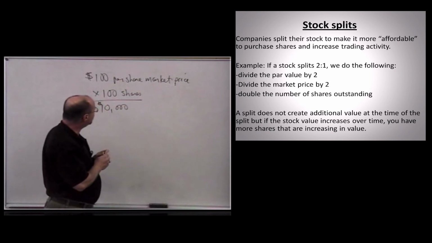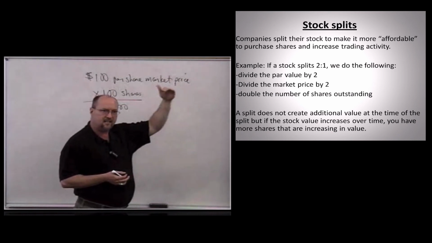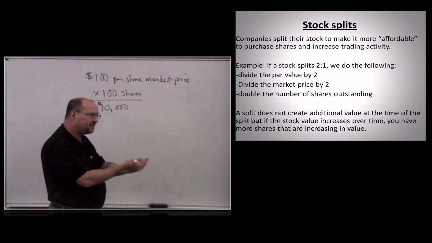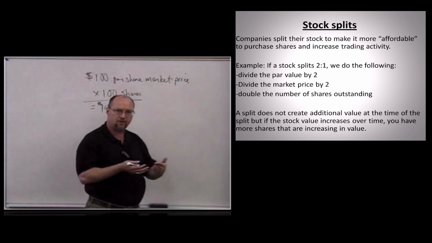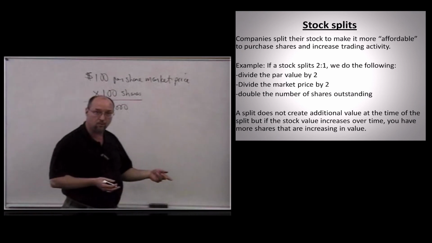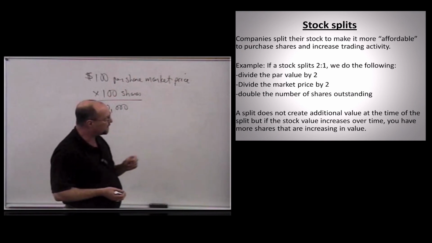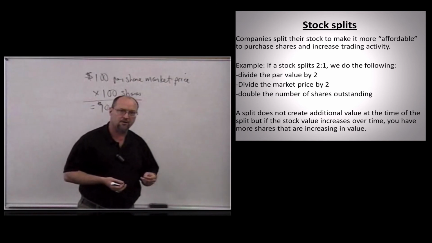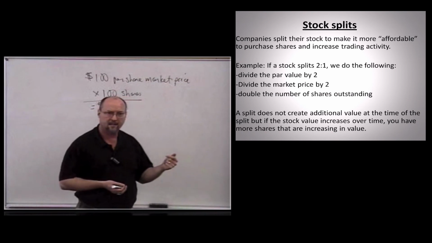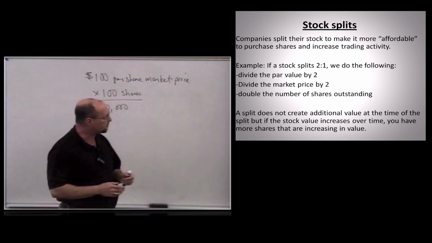And so when a company's stock started to get into the 80s, the 90s, hundreds, 110 range, they would say, okay, we may see a drop-off in some of the demand for our stock, since in order for them to buy shares of stock, they would need to buy 100 shares or more. That's a lot of money. So what they might do is a 2-for-1 split. They might do a 3-for-2 split, or even a 4-for-1 split, a 5-for-1 split. There's lots of different ways you can split stock, but the most common is a 2-for-1 split.